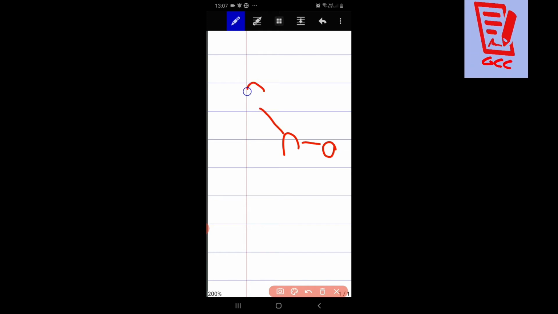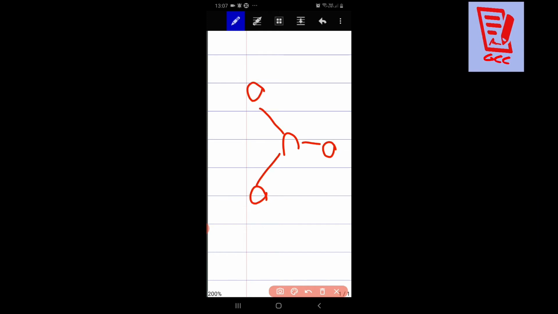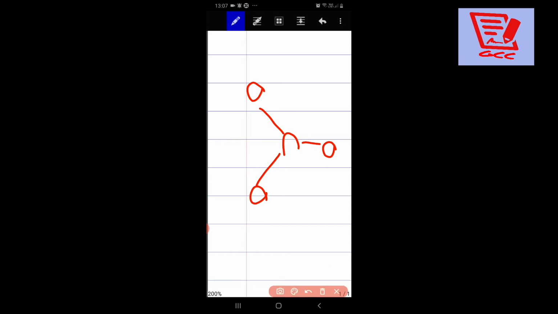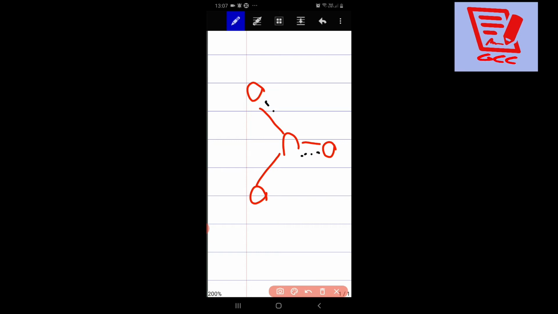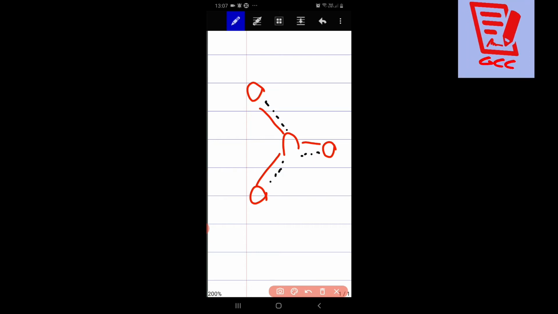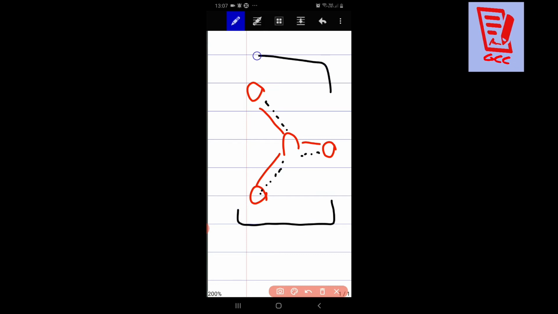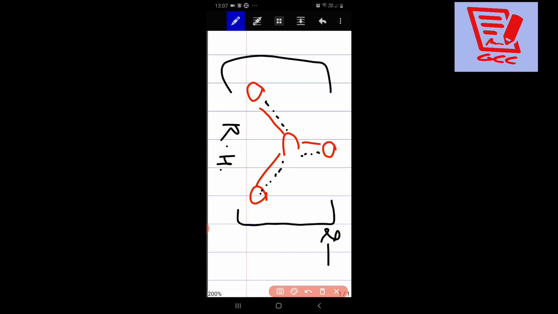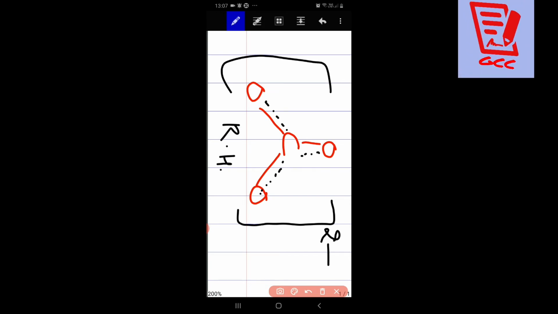See, C double bond O, then O, then O. Okay, then what to do there, you can see it like this way, yes or no. It shows that the double bond can be anywhere. Okay beta, and this is called the resonance hybrid of the carbonate or CO3 2 negative. Understood my point beta, all of you?